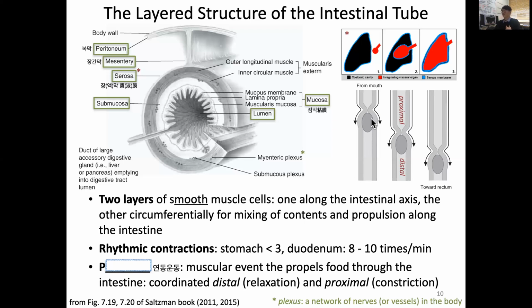These propelling movements we call peristalsis. That's a muscular event that propels food through the intestine, with coordinated contractions where the distal part is released and the proximal part constricts. This way food can be propelled, and through this